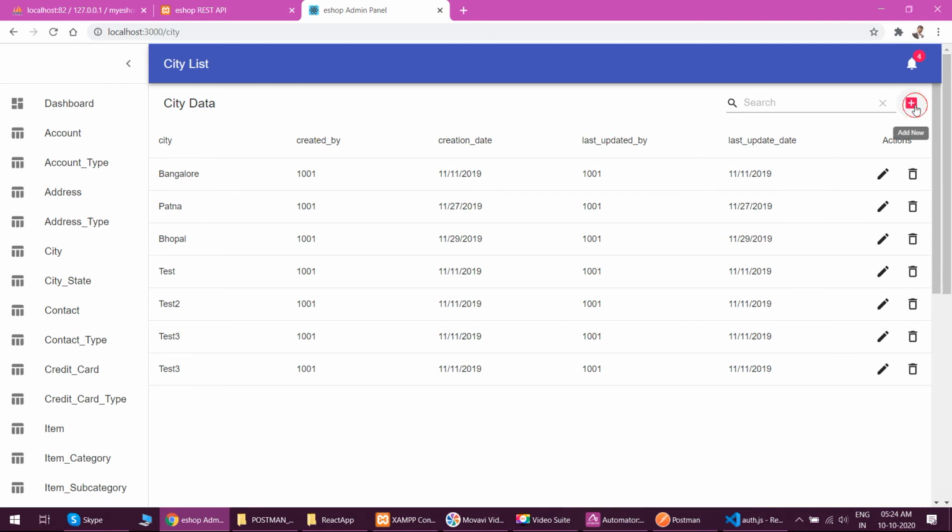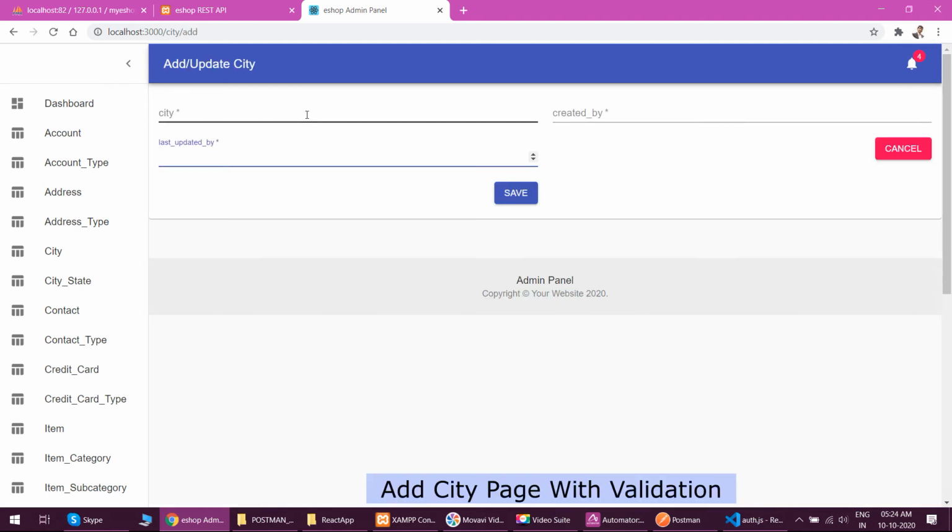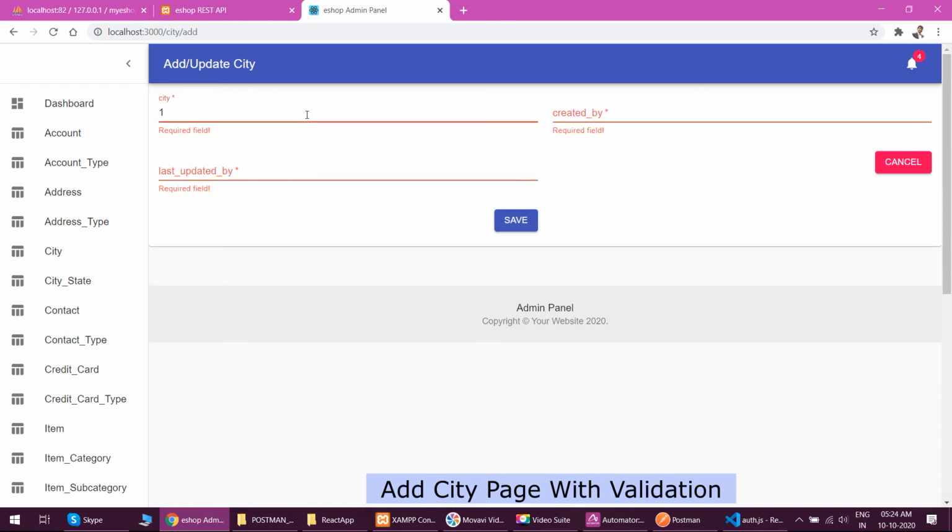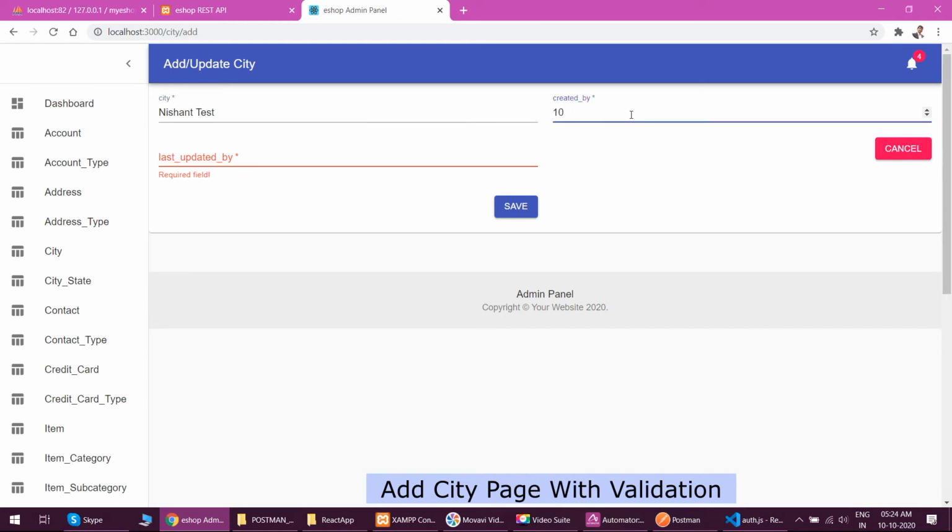So let's add one city. Some city name we will provide. It will validate your inputs, so all automatically generated. We'll put the data for the cities and click on the save button.